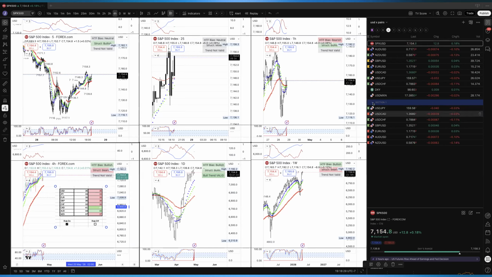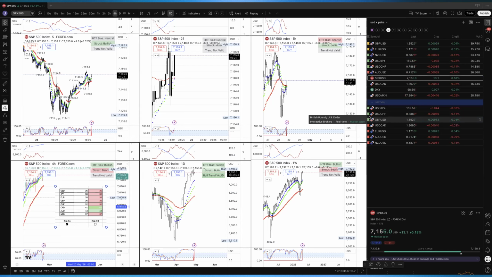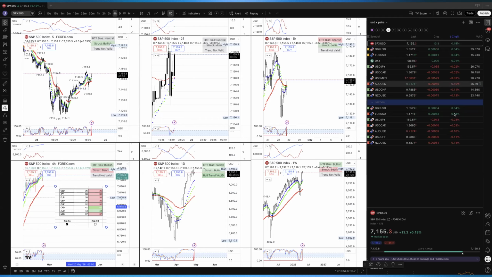So now we can even arrange these based on the flags. All the flags are here arranged based on color coordination, what we think. So as we go through, we should see our bullish setups, we should see our bearish setups, just to keep ourselves in alignment. And those are the ways that I use watch lists. So knowing that these trades are popping up, we can do it by change percentage, which one has moved the most in whatever direction. We can see Kiwi dollar is the most bearish